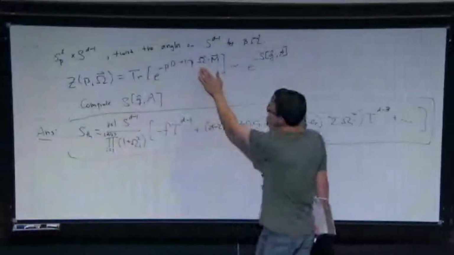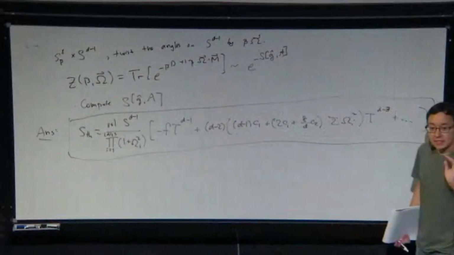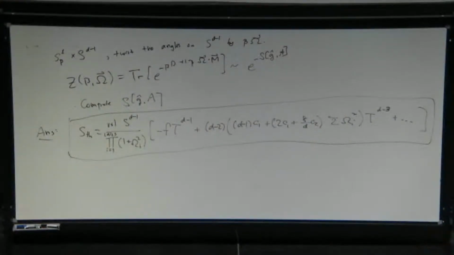The reason is we can see if we look at the trace here. Imagine omega is equal to i here. Then we see that states with a fixed twist but going to infinite spin are not penalized. They all have the exact same Boltzmann suppression. But we know that for any CFT, there's always infinitely many of such states, these so-called Regge trajectories. So we better get a divergence in the partition function at omega equals plus or minus i because of the existence of these Regge trajectories. We didn't input it by hand, and we sort of rediscovered it in this form. So this is another good sanity check.